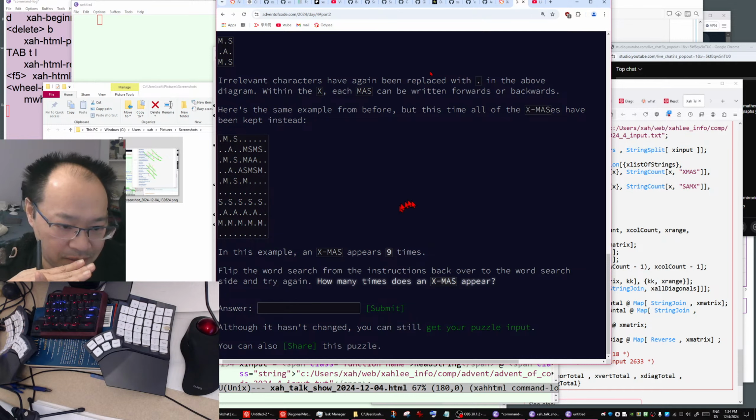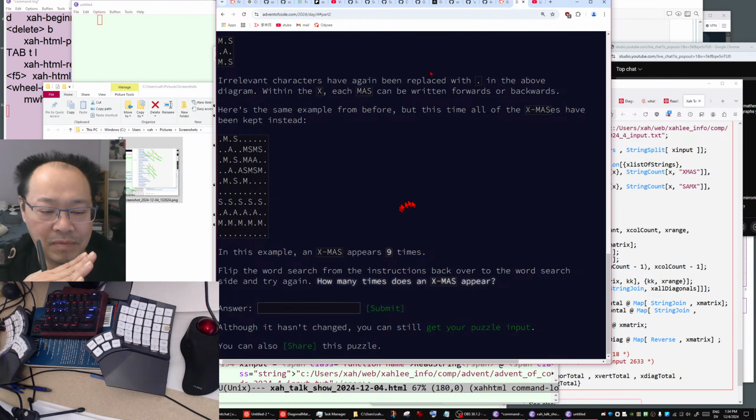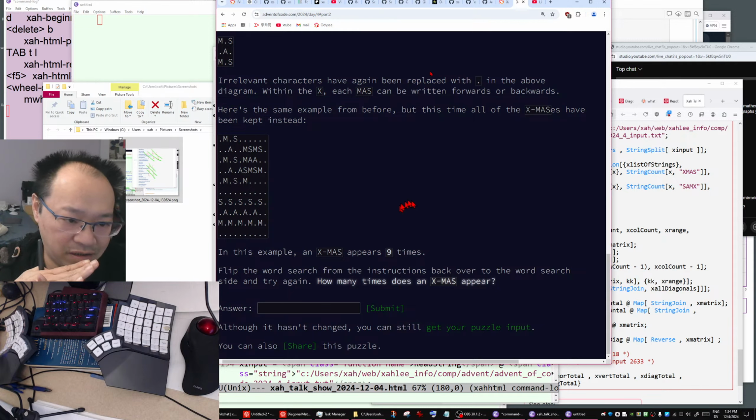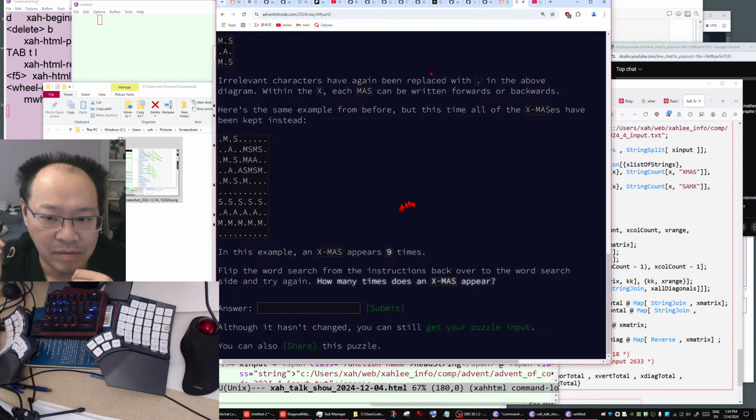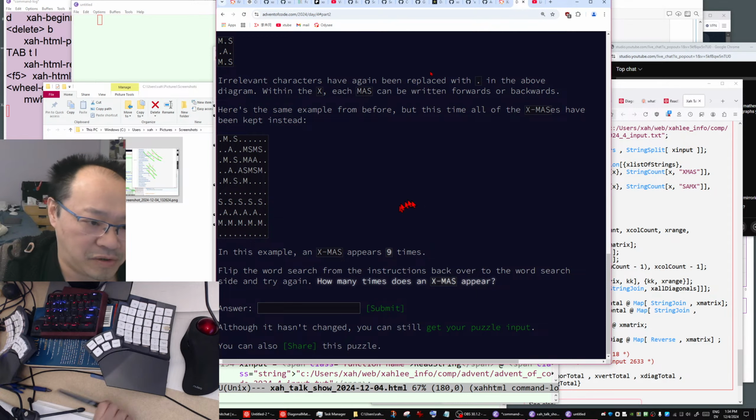You only care about diagonals. And also there's a condition. They must have the same center, that is, they share the letter A, that is forming a cross. So one cross counts as 1, not 2. So let's double check.